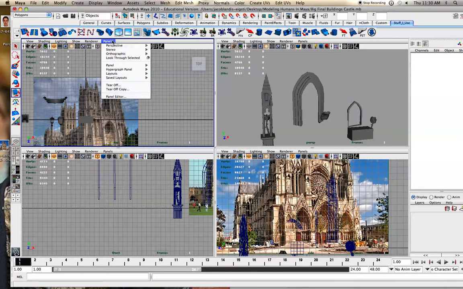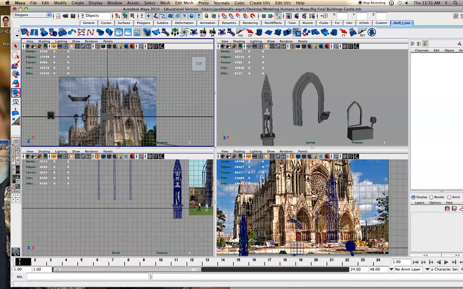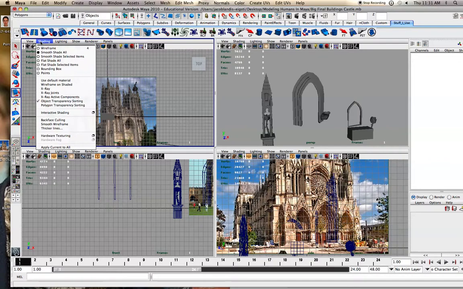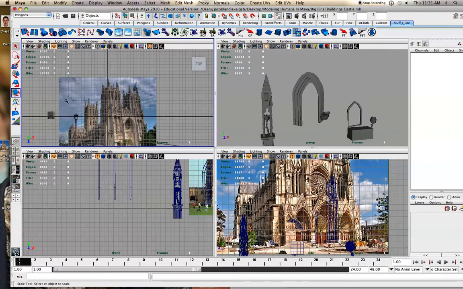And then under these you can look through selected. You'll use that a lot. If you want to look through a light, or even if you create a new camera, you can jump into that. You can change your perspective, so you have camera 1, because I created a new camera. And you can do how you shade it. When I'm modeling people, I do X-ray a lot,